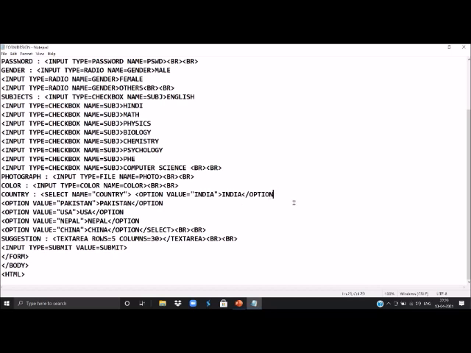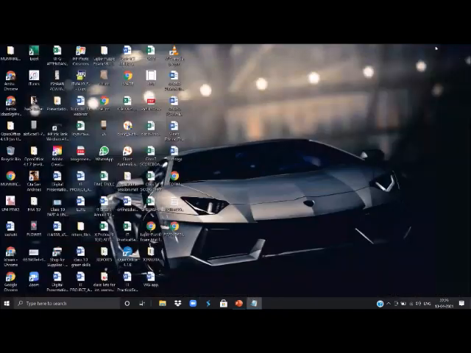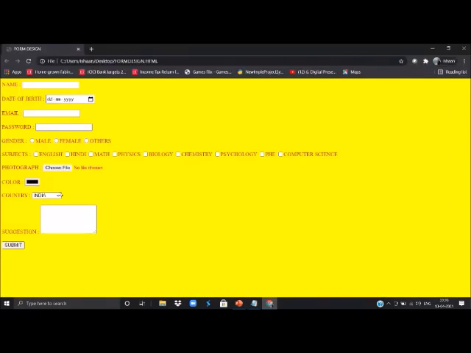I have not closed the brackets here, that is why this problem is there. I have not closed these angular brackets, and here also I have not closed the bracket. Now the output should be correct. I have saved it. Now let us see. Now it's fine. Now we can see all the options here.